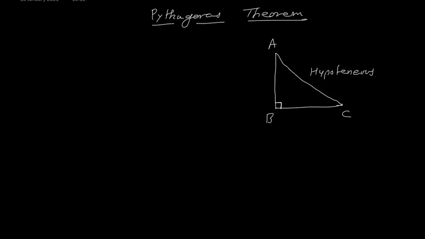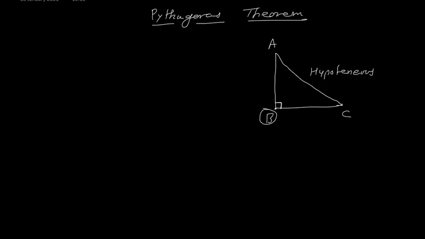Now another way to understand what is hypotenuse is that you forget this angle B which is 90 degree. In ABC, 3 points, 3 vertices. If I remove B, what is left? AC is left. So AC is the hypotenuse. Simple. In triangle ABC, if angle B is 90 degree, you remove that B. So what is left? AC is left. So AC is your hypotenuse.